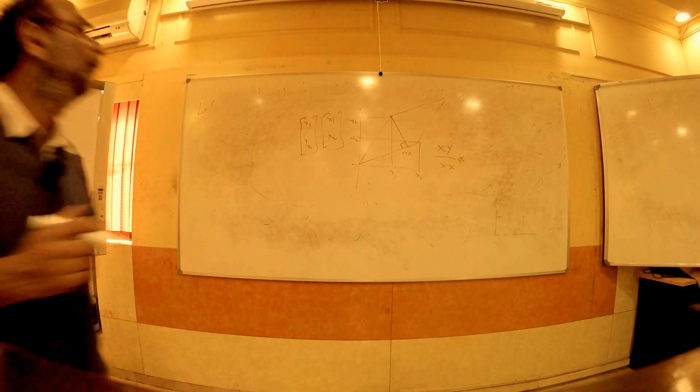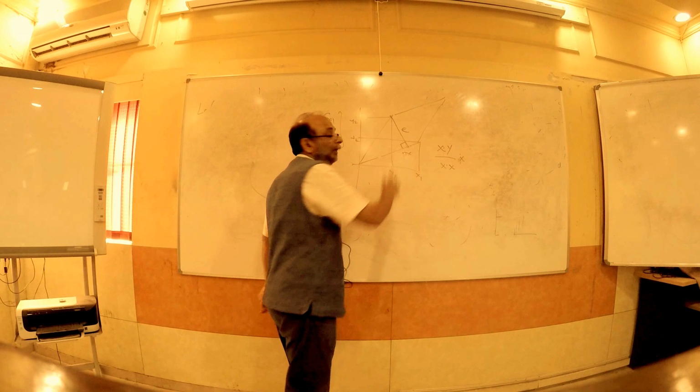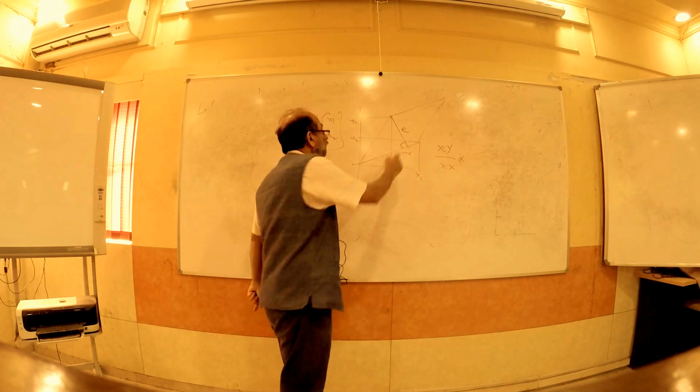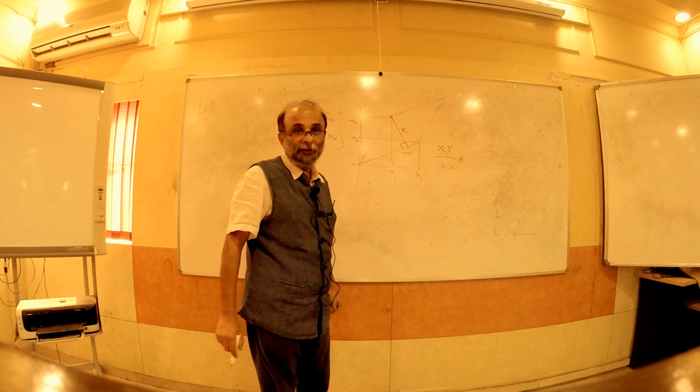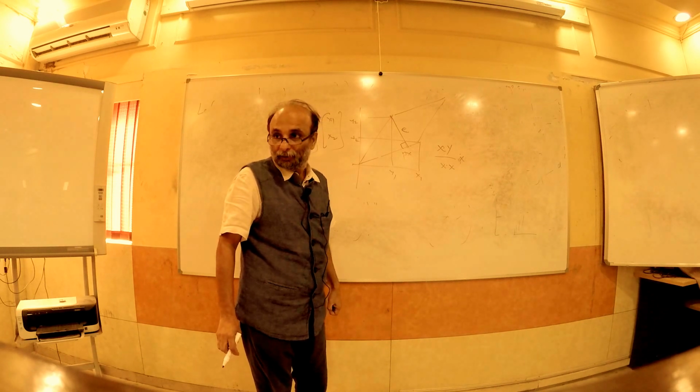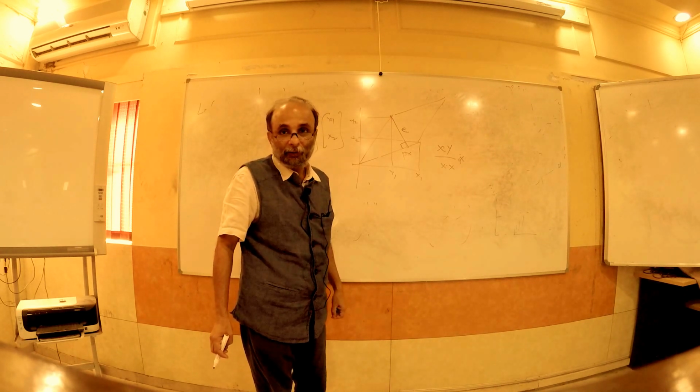Things tie up. What is this e? This is the gap between y and x, which is the error term. E is perpendicular to x, which means that the dot product of x and e has to be 0. So summation xi ei is equal to 0. That condition is imposed.